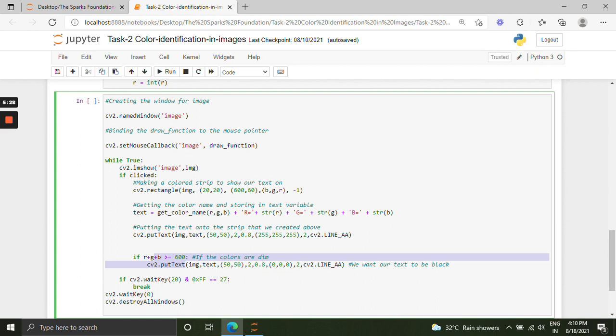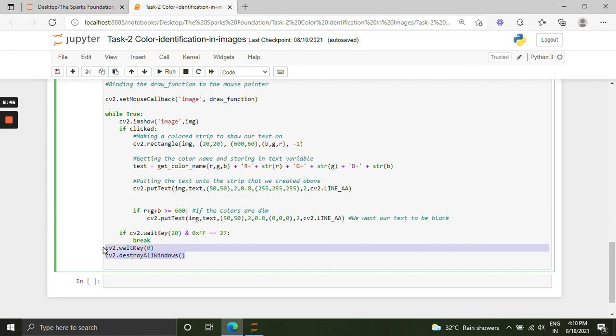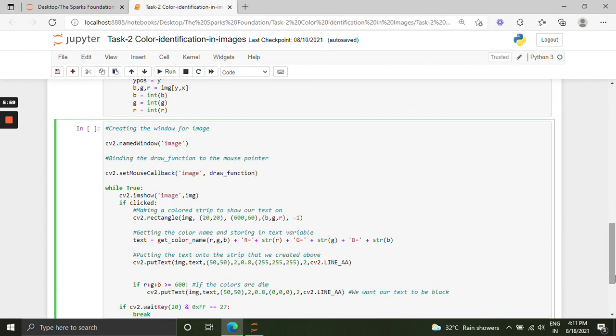So if the light condition is dim or the color is dim, we would get the text to be black. And in the end, this is a break condition for breaking this while loop, so we can exit the image that we have displayed over the panel. Let me run this as well. So after running,